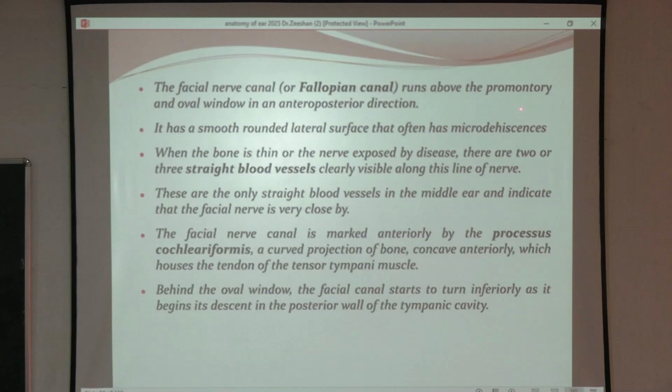वहाँ से facial nerve exit करके middle ear में enter करेगा, वहाँ से straight posteriorly जाएगा, इस area पे oval window होगा, ठीक, just above the oval window. Then it again turns down along the posterior wall. ठीक है, तो like this the facial nerve moves in the middle ear. ठीक,